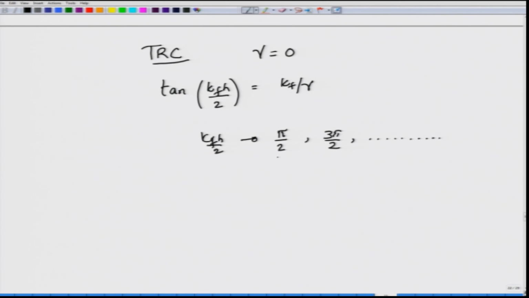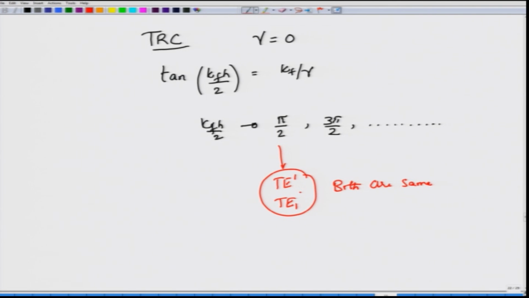The first solution that you will get will be the one that we will call the TE 1 solution. Sometimes I will use a superscript, sometimes a subscript, both essentially mean the same. So, do not worry about whether I have used a subscript or a superscript. In this module both are the same mode, they are representing the same mode, and what you find is that this is the first odd mode, odd because the number here is 1. So, this is your first odd TE mode.